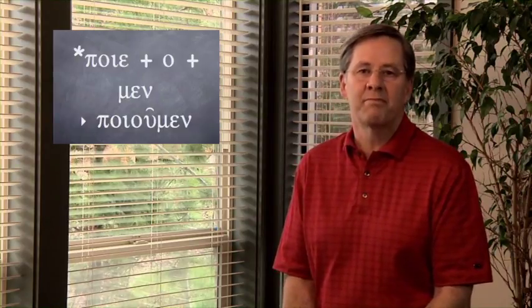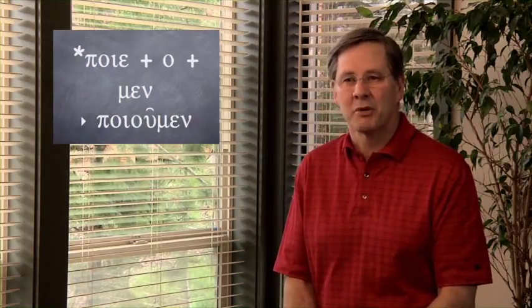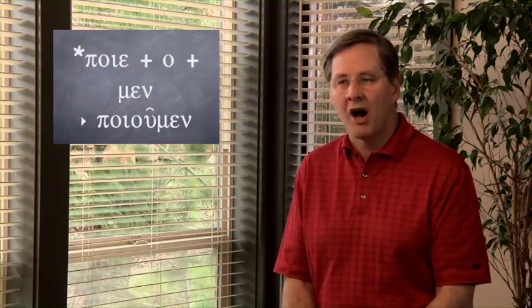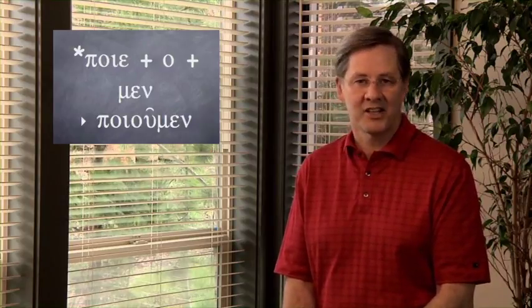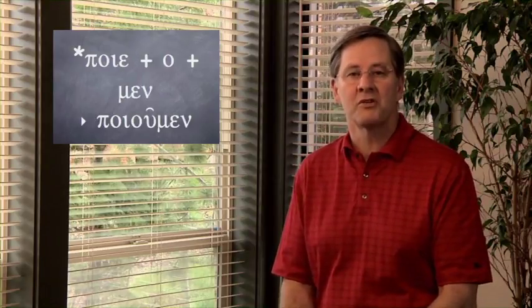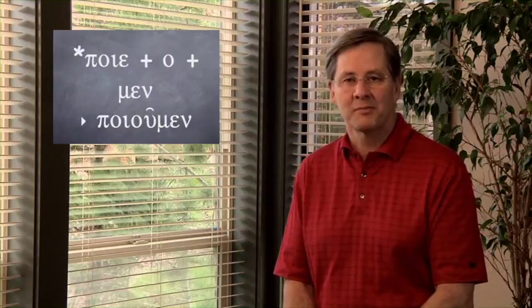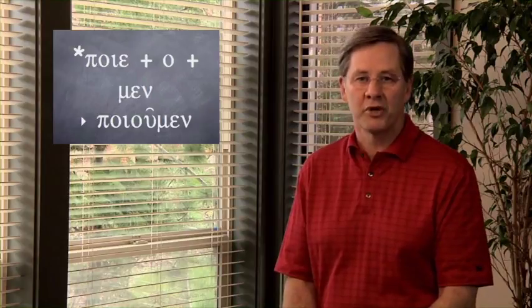So that's really nice. But basically, here's what happens in contraction. If you have the form, let's say, poieo, okay, that's the lexical form. Poieo, the root or the stem is same thing, is poiea. When you add the amen onto it, you have poiea-men. Well, that's what the Greeks don't like. That's that hiatus. And so they have to do something to change it. And so what they do is they contract the vowels. And the epsilon and omicron are going to contract to u. So poieomen goes to poiumen. Okay, so that's what we mean by contract verbs, or what we mean by saying vowels are going to contract.